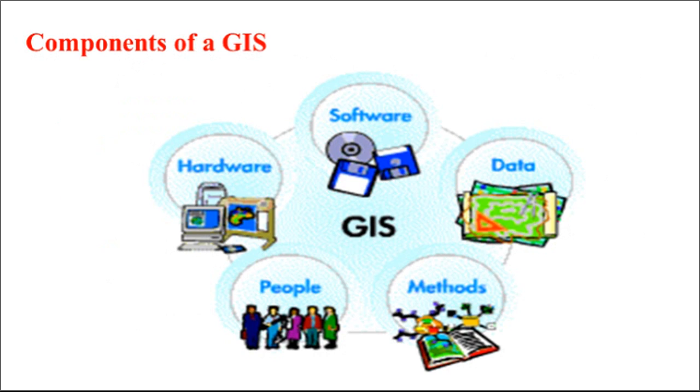Next one. So, different components of the GIS. First component is hardware, then software. These may be CD, pen drive, floppies, and whatever the latest renovations in software techniques are there. Then the data, it is in hard format. Then methods which we are using. Then people, those who are using this GIS technique. So, these are the components of GIS.